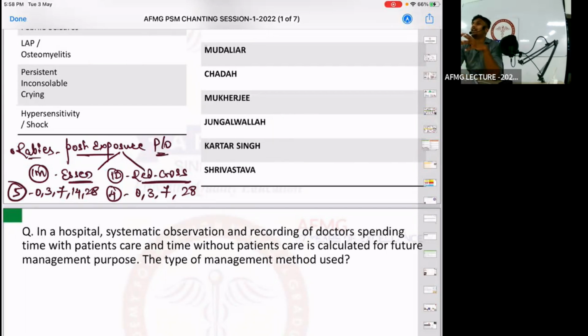Now, as I told you, for intramuscular rabies vaccine, 0.5 ml is the dose. How much is the dose? 0.5. If they say up to 1 ml, you can give up to 1 ml. So if it is a child, it is 0.5, and if it is an adult, up to 1 ml dose can be given of intramuscular.